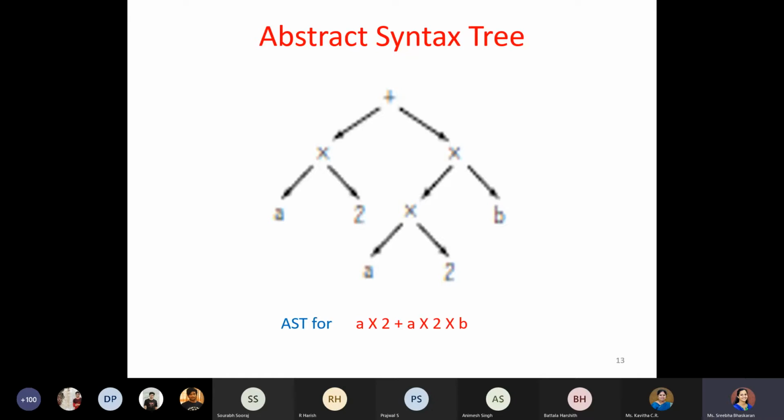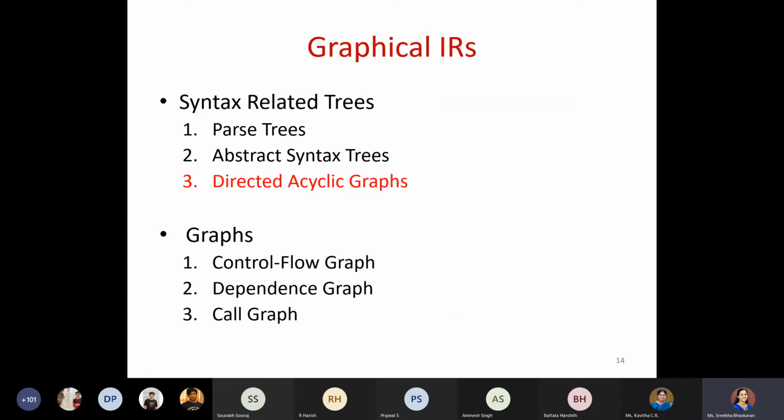The number of nodes required in the abstract syntax tree is less because we are not going to give any details about the non-terminals. We are directly mentioning the string. Okay. So till here we have discussed in the last class.